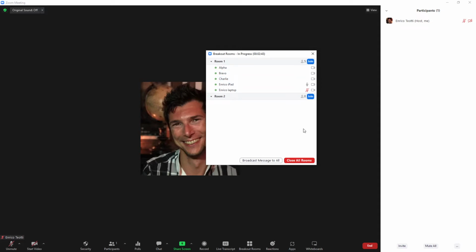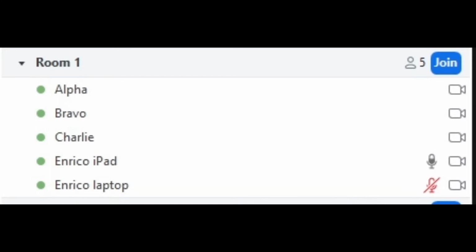And again, you can see that the microphone is moving up here because I'm talking through my headset. If I stop talking, it will stop. But because I'm also recording this video for you guys, it's kind of difficult. So what I'm gonna do is I'm just gonna mute that, and now I muted the iPad,